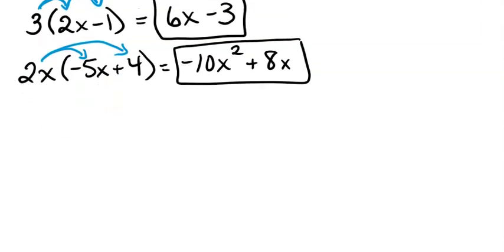Then what we learned was how to factor. So when we're factoring, we're undoing that multiplication. It's like going from this answer back to the problem. So if we have something like